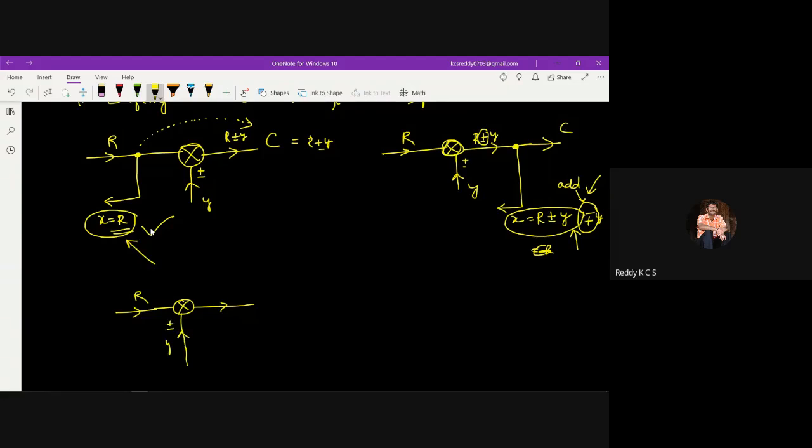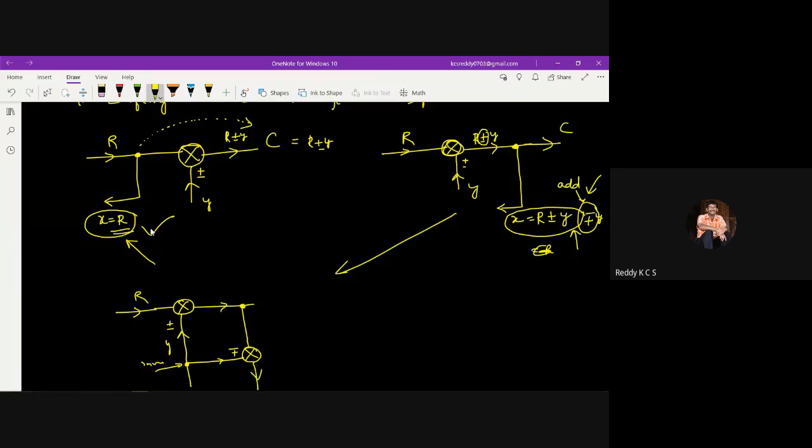So what I am doing is taking the takeoff signal from this point to this signal, and signal Y has to be added to this. When I want to add the signal, there should automatically be a summing point. Here I am going to use the inverter, which changes its sign from minus to plus, plus to minus. So the inverter changes the signal and then sends it to this particular summing point.